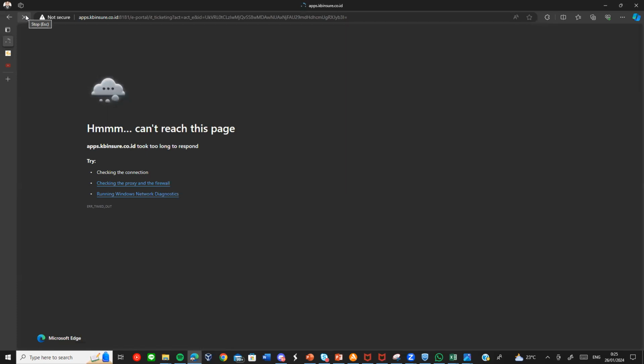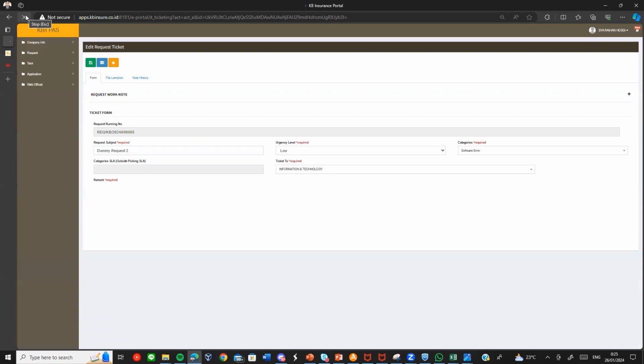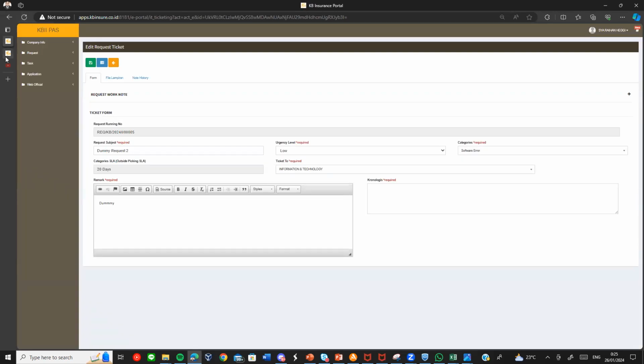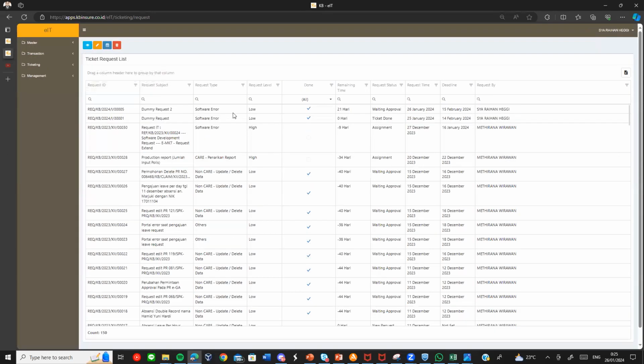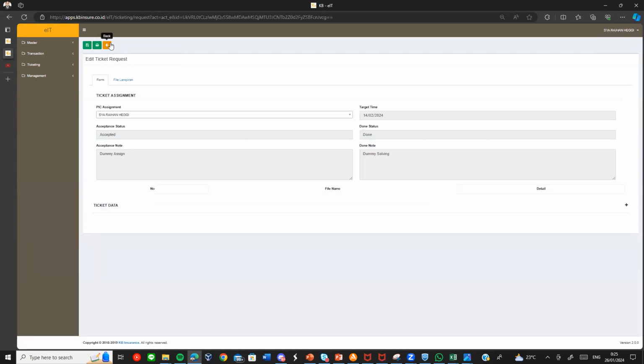Maybe that created the error, then there was no result and the error was returned on the API side. But there is no error for sure, because if we look at this request and the dummy request, they are fine when requested a second time, and all the requests are already done.